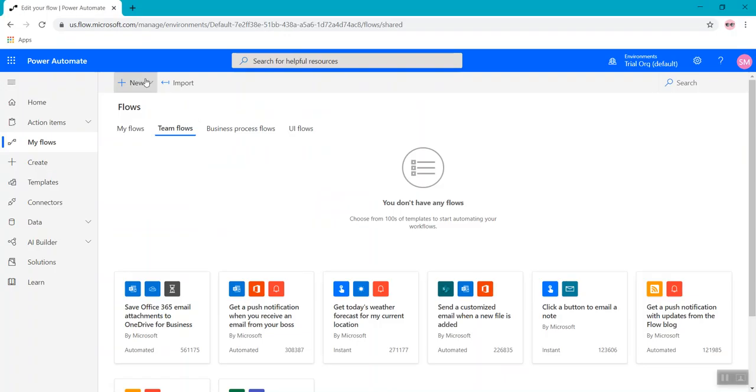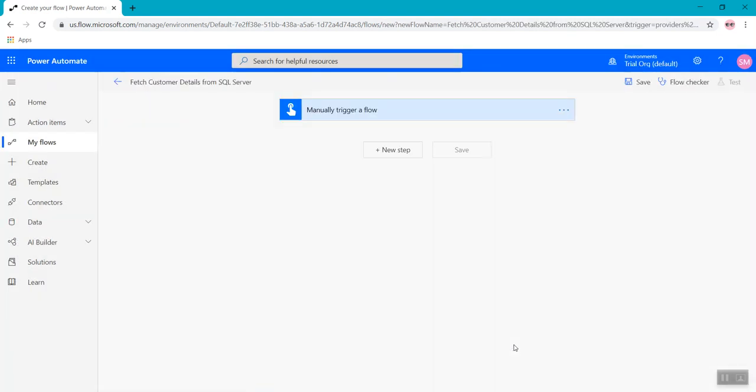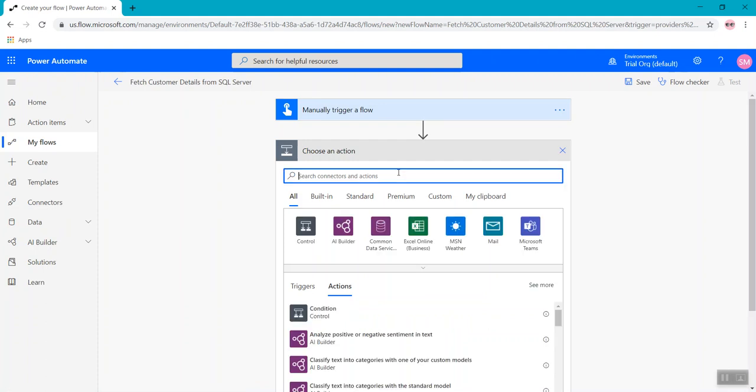navigate to the flows, create a new flow from blank, manually trigger a flow. I'm naming it fetch customer details from SQL server. In order to connect to your on-premise SQL server, you must install the on-premise data gateway. So I have it installed already,